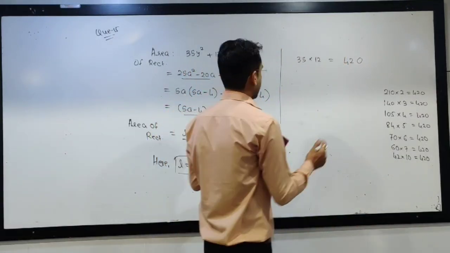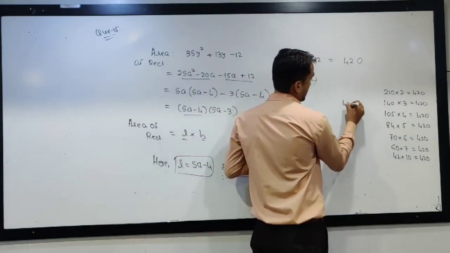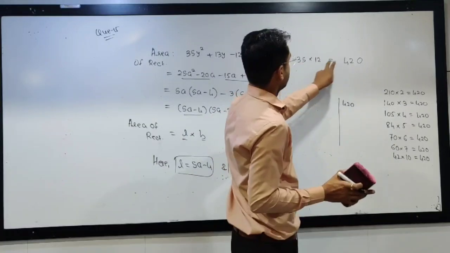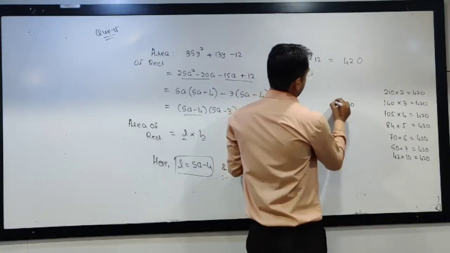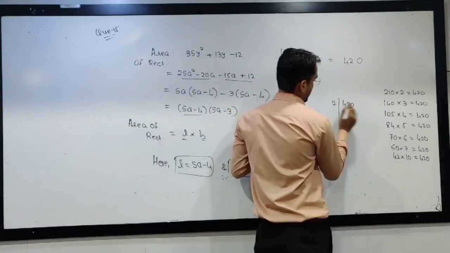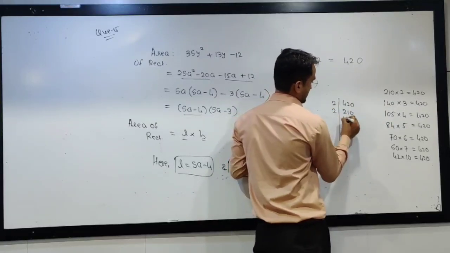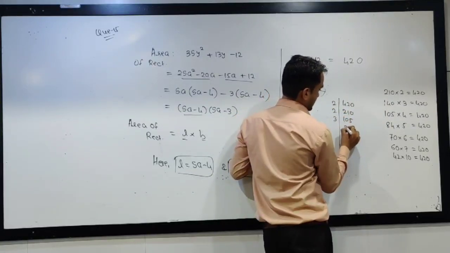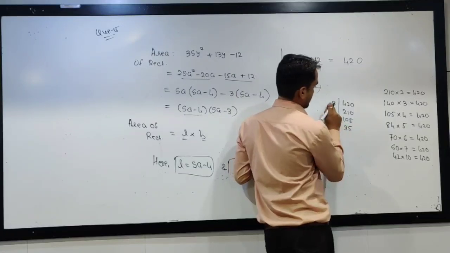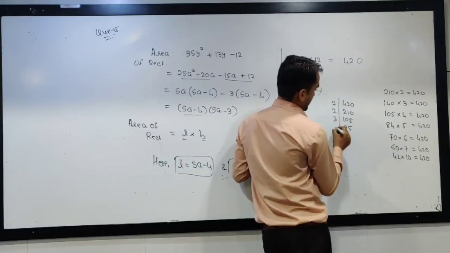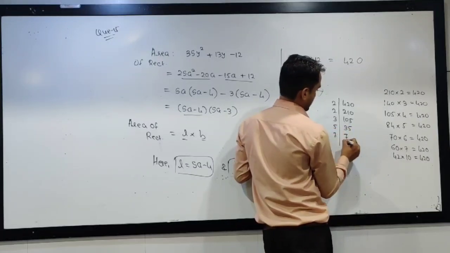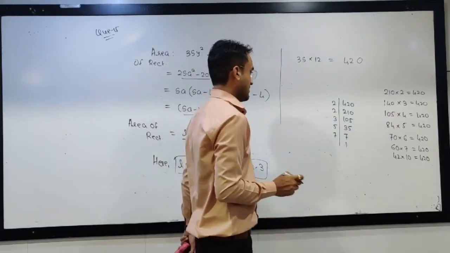Again, I am thinking like this. Somehow we have to find the factors of 420. Okay? 2 and 210, with the help of these two it will not work. With 2, 105 into 4 will not work. With 3, 3 3s are 9, 35, 12, will not work. With 5, 7s are, will not work. With 7, 1s are, will not work.